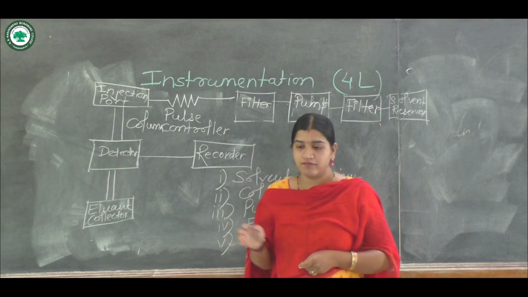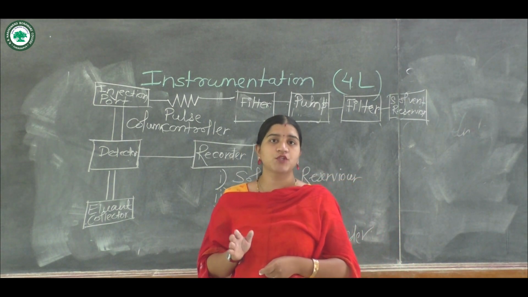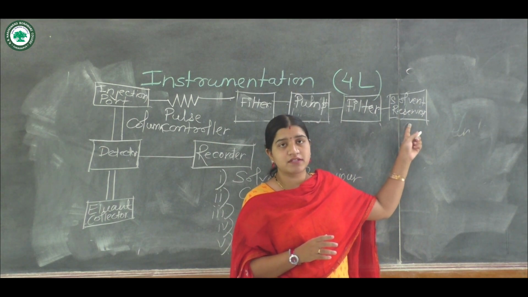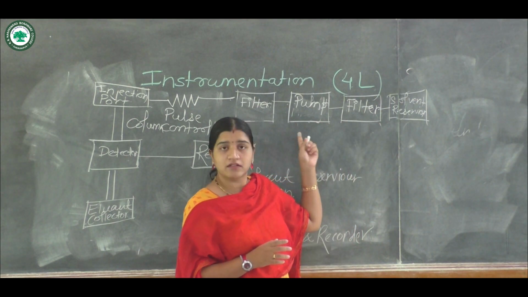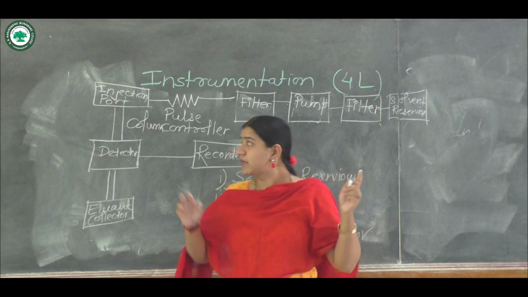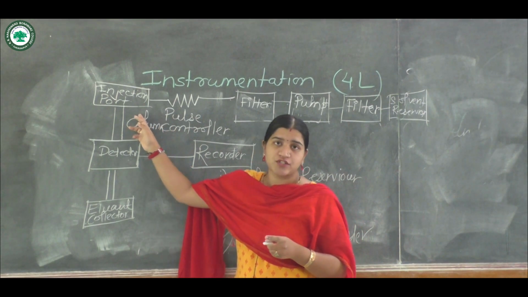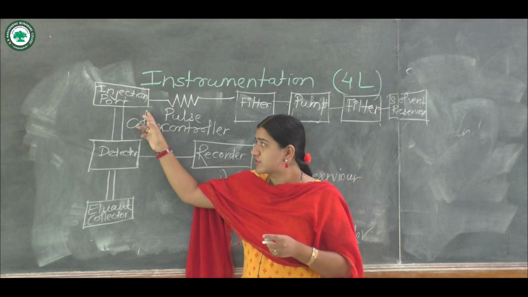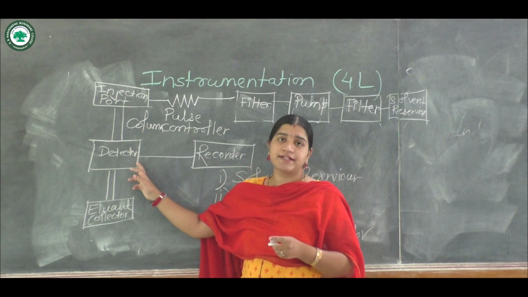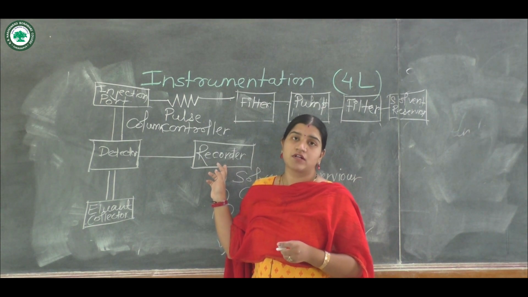Whenever you are given one sample, you will initially mix it with a solvent, then you will keep it inside the solvent reservoir. From the solvent reservoir, filtration is done, then the sample comes to the pump. After passing through the pump, the sample will again come to the injection port, then after the injection port, the sample comes to the column, and finally the detector will detect the signal, and the recorder will record the output.